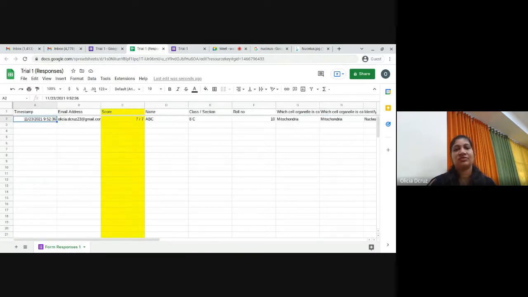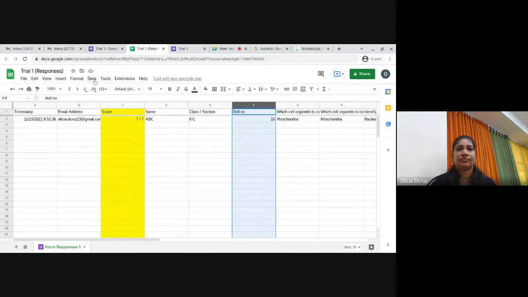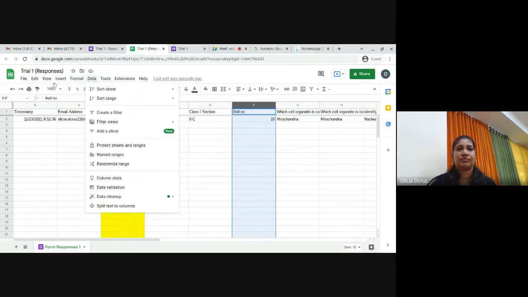So this basically is giving you the whole summary, and based on the responses, you can sort the sheet according to roll number. So you go to roll number, you go to data, and you go to sort sheet.